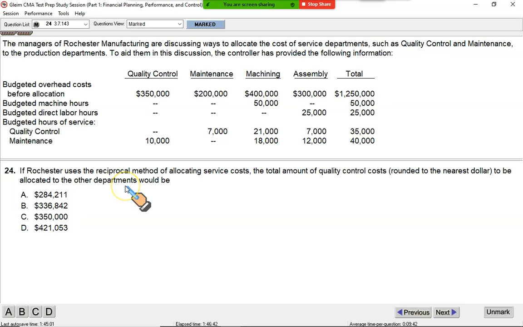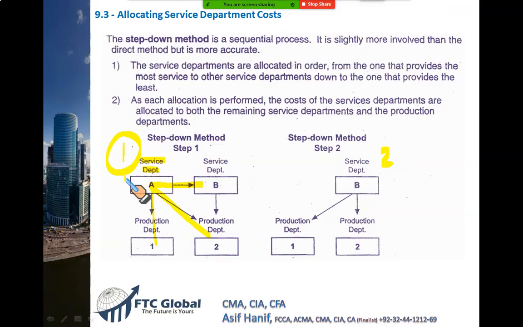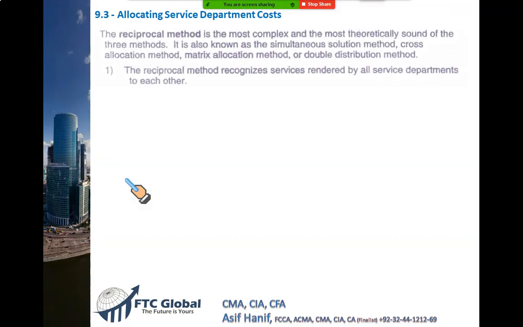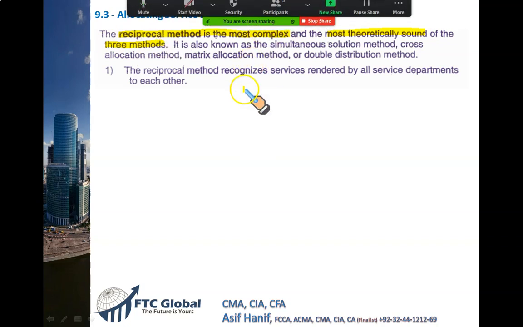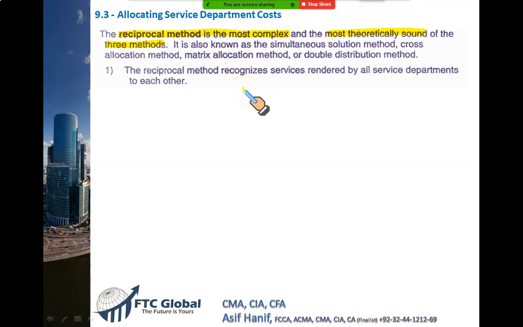Now this is the last method, which is a complex one, the reciprocal method. This is the most difficult method and of course the most accurate one. Reciprocal method, which is the third method, is the most complex, most difficult, but most accurate, the best method of all these three. Interestingly, you will not be tested on this on your exam because this method is complex. None of my students has been tested so far in the last 12 years, but still I will help you understand this method so that if the question comes, you should be able to manage.